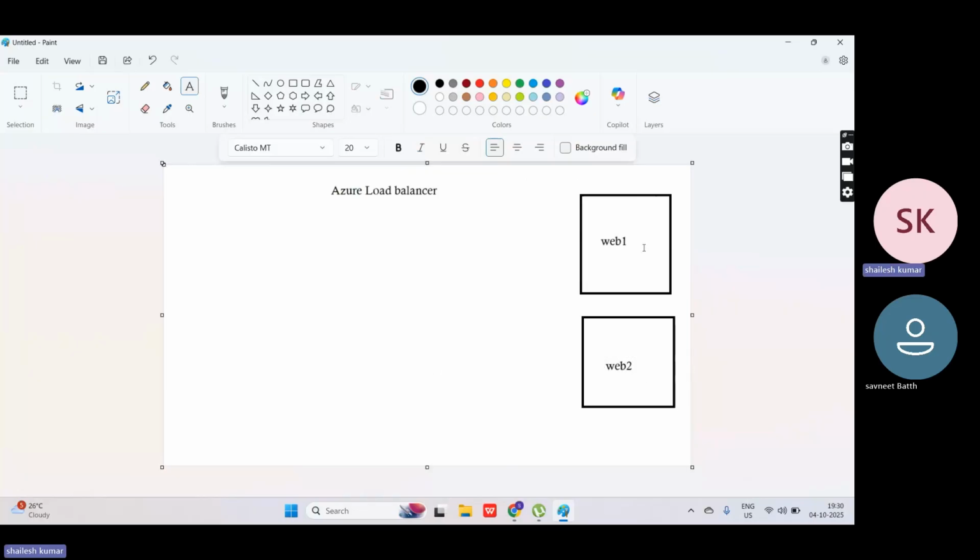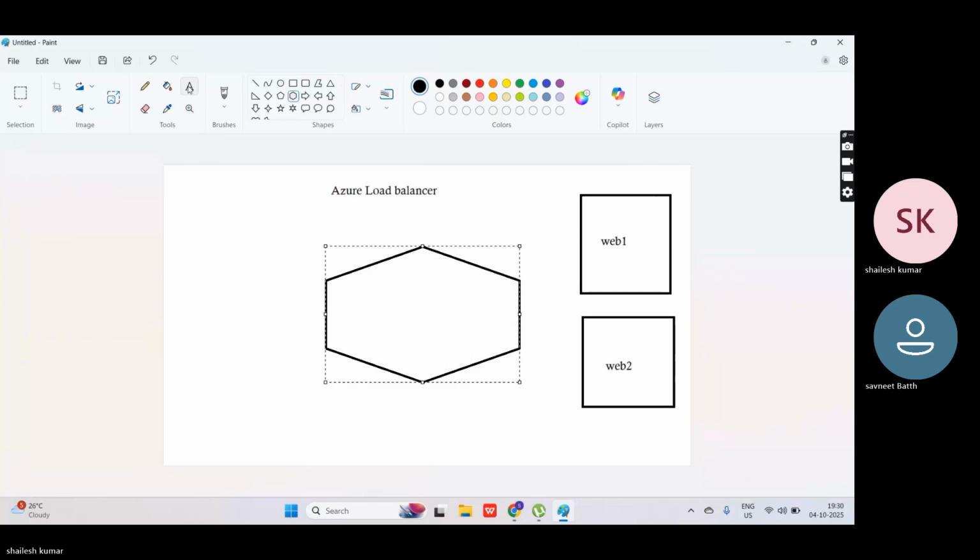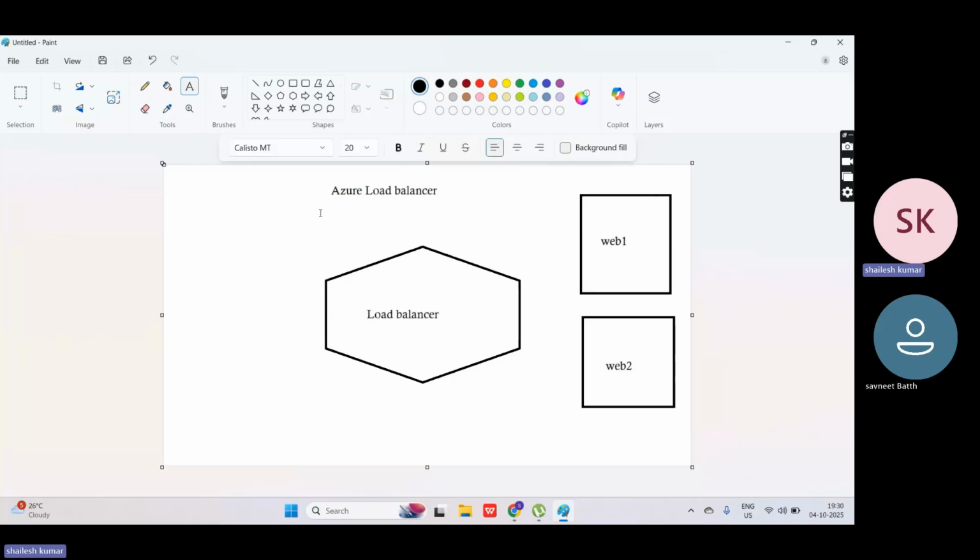Both web servers have the same website and same configuration, and then we will set up a load balancer. A load balancer has two interfaces. One is called the backend. The backend interface is connected to your